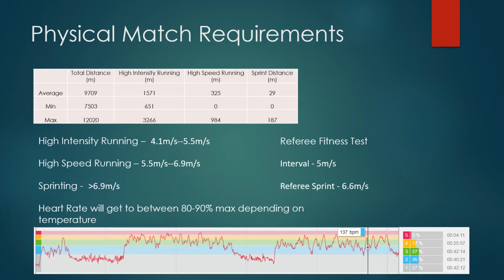The other thing we look at quite a bit are the physical outputs during the match. So total distance, high speed running, high intensity running, sprint distance. And so we'll see just under 10,000 meters run during a match. And a lot of that is done at pretty low intensity, but you'll have almost 1,600 meters on average done